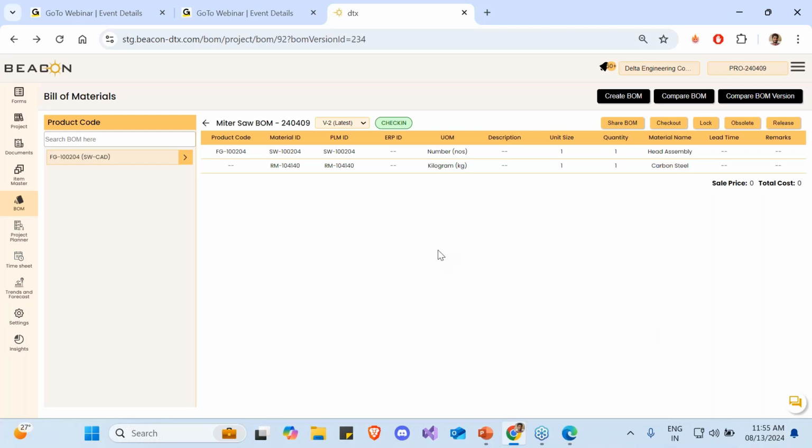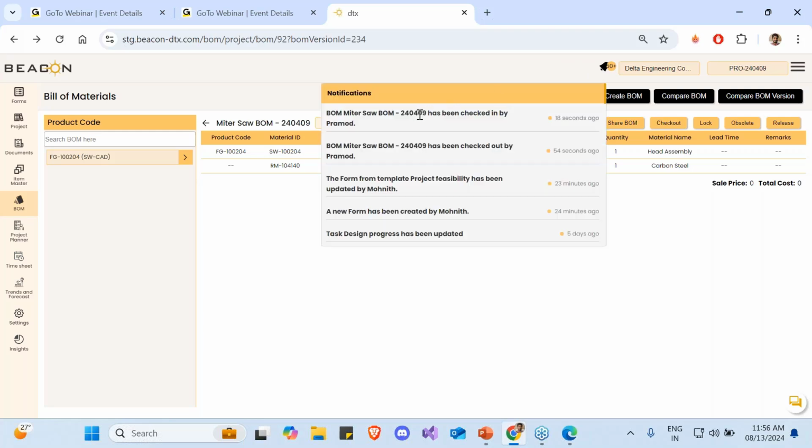So here you're actually seeing that I am not downloading my BOM, sharing it with my vendor, and waiting for him to respond in a mail. If I'm occupied, I don't have to go through my emails or any link-based mechanism where I'm searching for where the link is, what was the update, which was the latest update. I don't have all those hassles. Directly, I can see the latest update. I'll get notifications. All the changes that have been done will come to me here. You can see this is the notification right here.